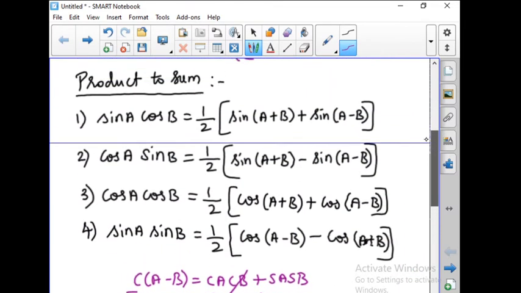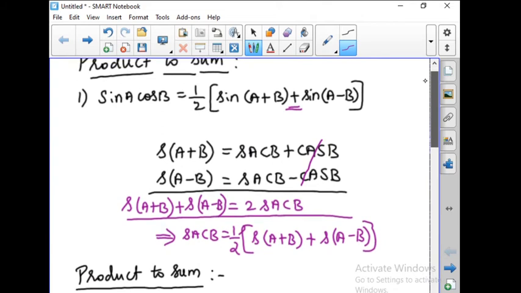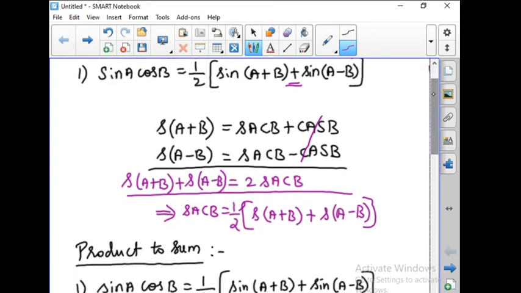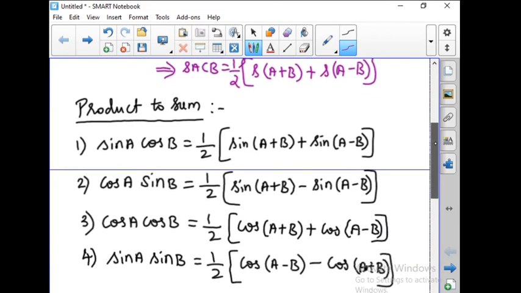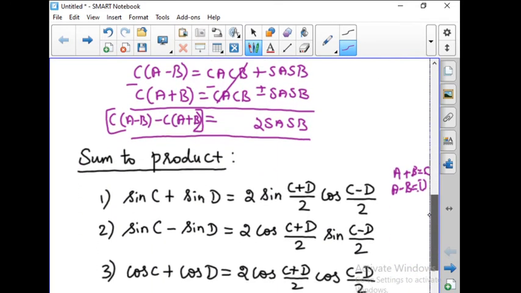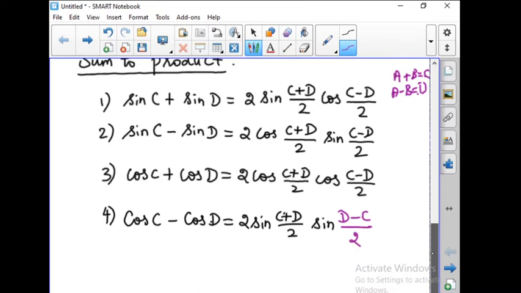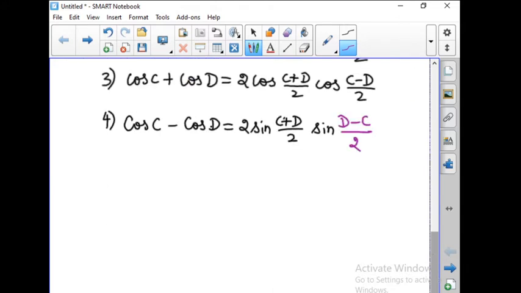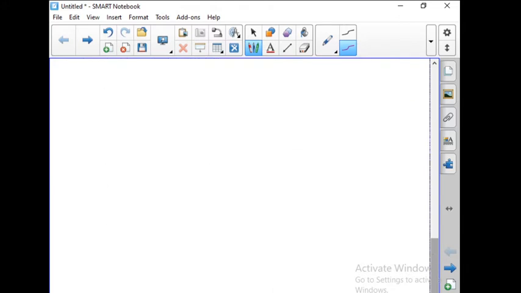பாத்தியா? So product to sum எப்படி செஞ்சோம் நான் காமிச்சேன். So இப்போ நம்ம 4 formulae we have written for product to sum, and now we have written sum to product 4 formulae. Okay. First memorize all these 8 formulae, then only the exercise will be easier for you to understand. Okay. Now let us go with the exercise.